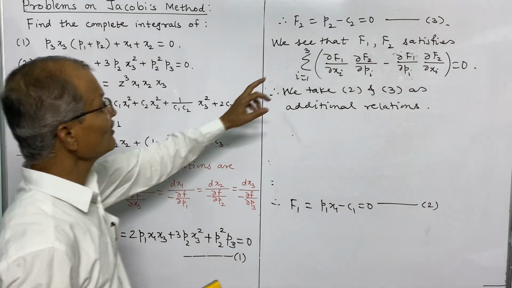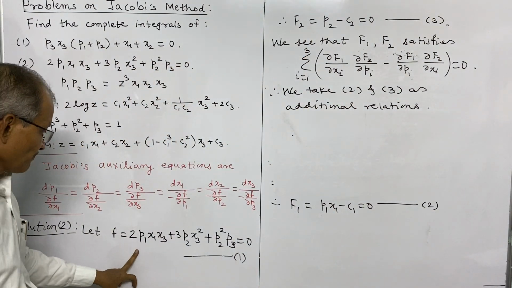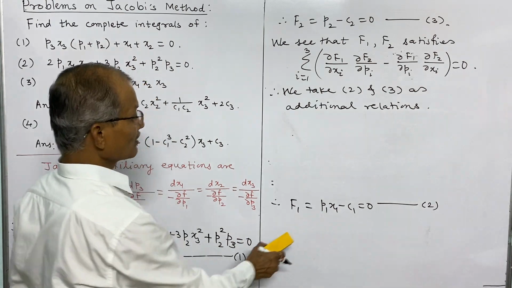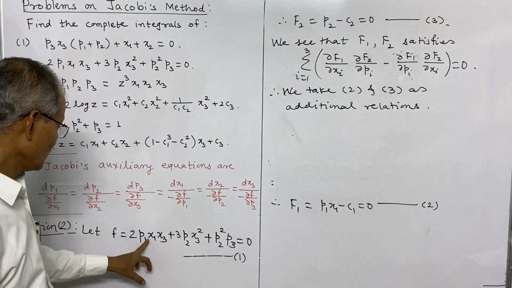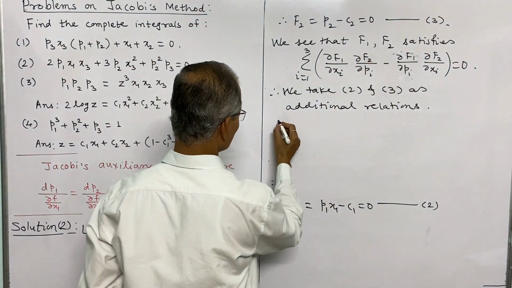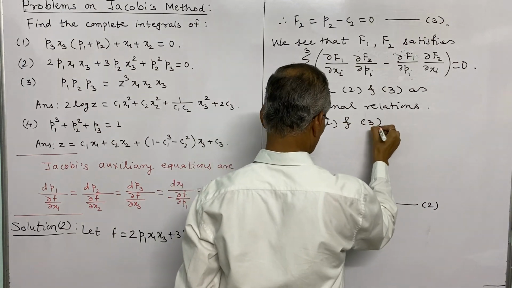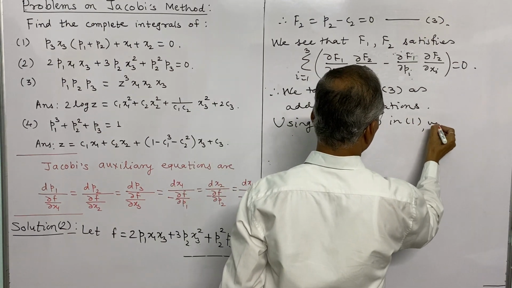Now from 3, what is P2? P2 is C2. So we can use this value here. And from 2, P1 x1 is equal to C1. So using 2 and 3 in 1,